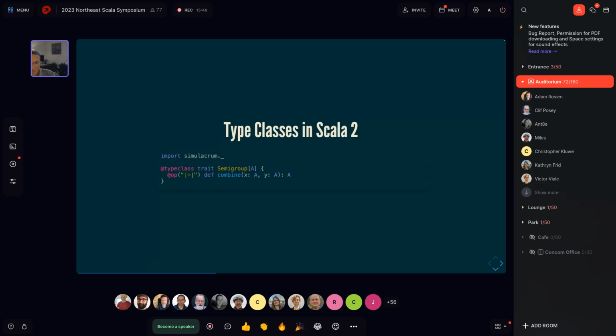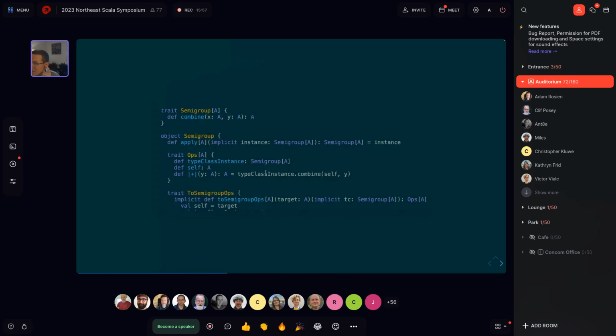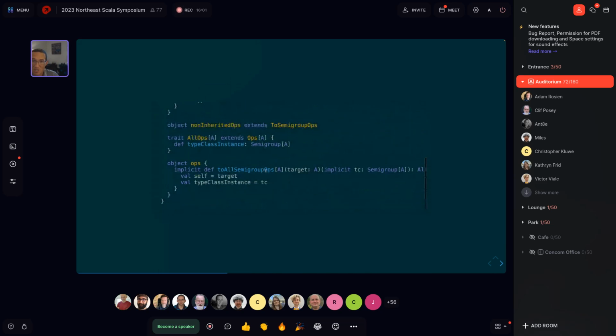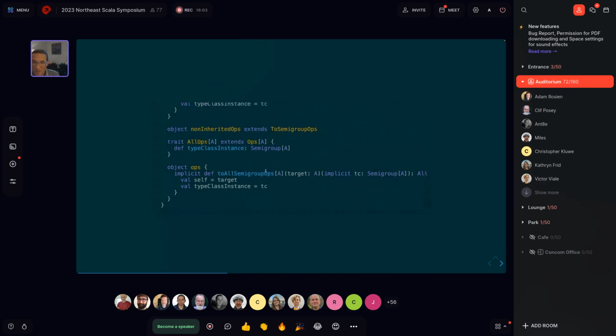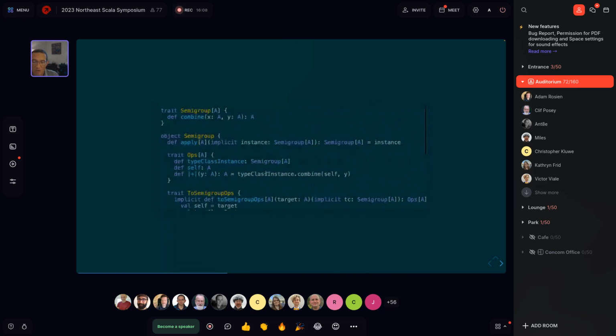So in this example here, if you say @typeclass and put it on this trait semigroup, what Simulacrum actually generates looks something like this. And there's more. Like, it's intense, all of the things it must generate. But all of this cruft is really just about getting the right import experiences and getting the right mechanics to let us assemble all these type classes into a large functional programming library.